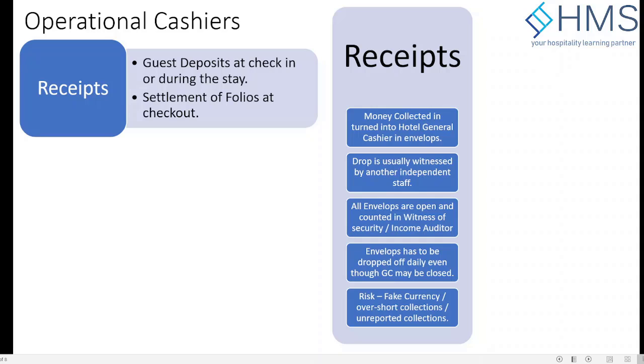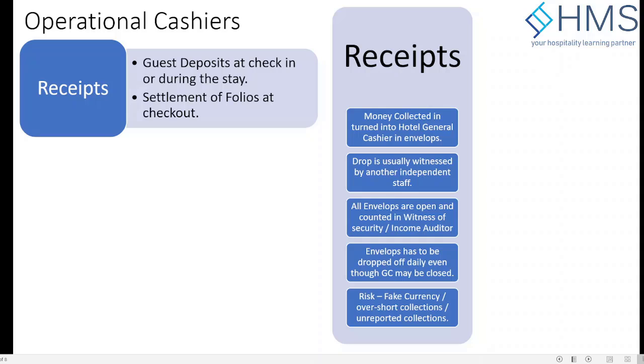But if it goes beyond a certain level, then there are multiple steps. Up to one level, there is no action. After that, there is usually a verbal warning, and the amount has to be collected back from the cashier. Or if beyond a certain amount, they have to get a written warning or a suspension. Suspension usually happens if you are getting the shortages multiple times, say in a month or in a quarter. That depends on the policy of the hotel, so the hotel policy on cashiering needs to cover that aspect.